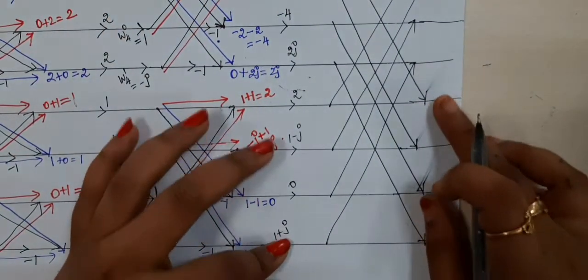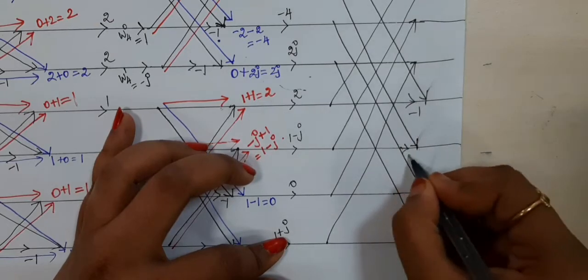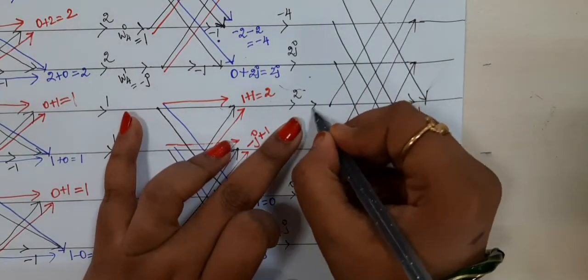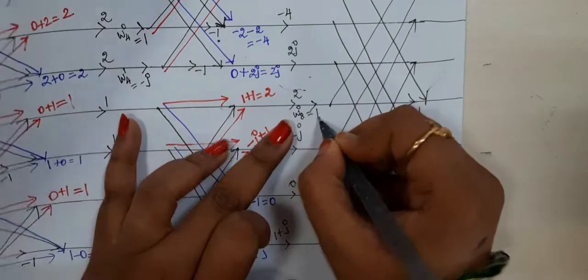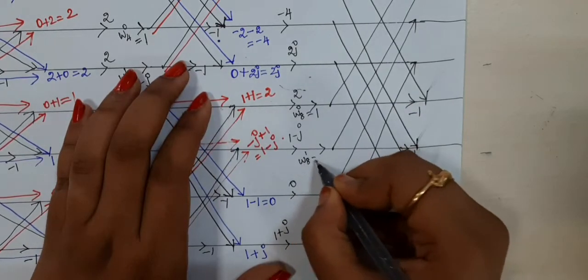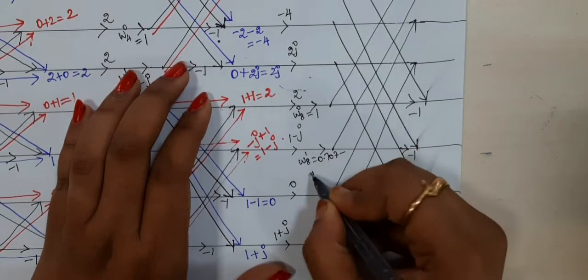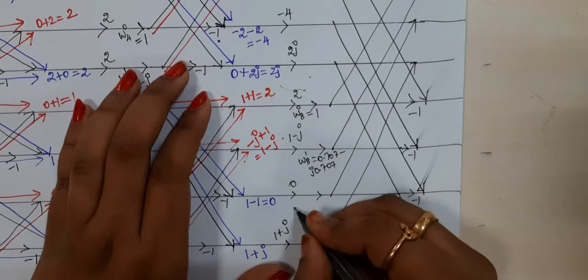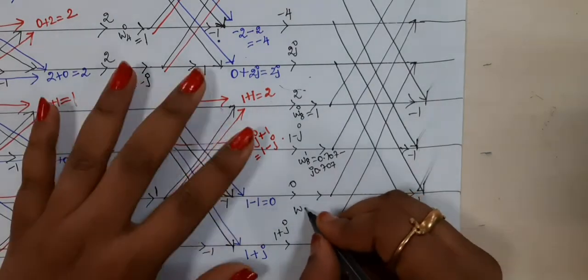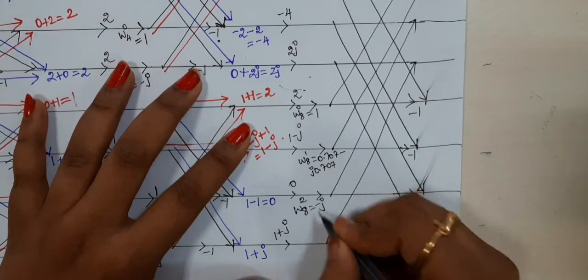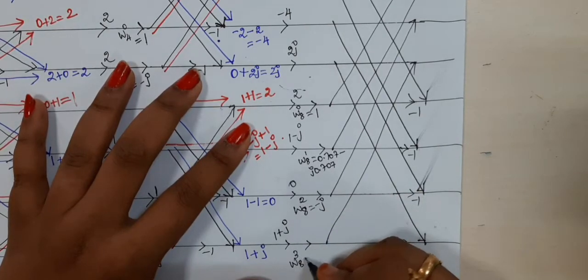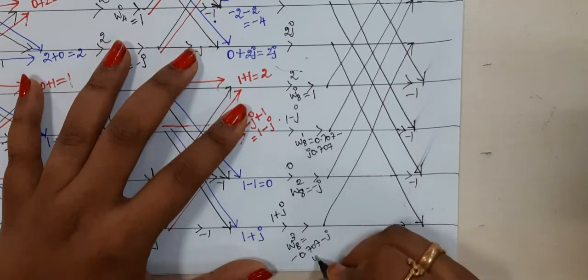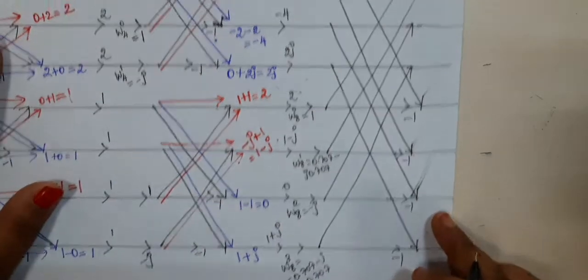So we finished. Wherever the down arrow is there, we have to include the -1. And also in the down arrow, we are going to include the twiddle factor. So W80, the value is 1. This is W81, the value is 0.707 minus j 0.707. This twiddle factor value will be different for the IDFT. Okay, W82 is minus j, and W83 is minus 0.707 minus j 0.707. Okay, so let us start.